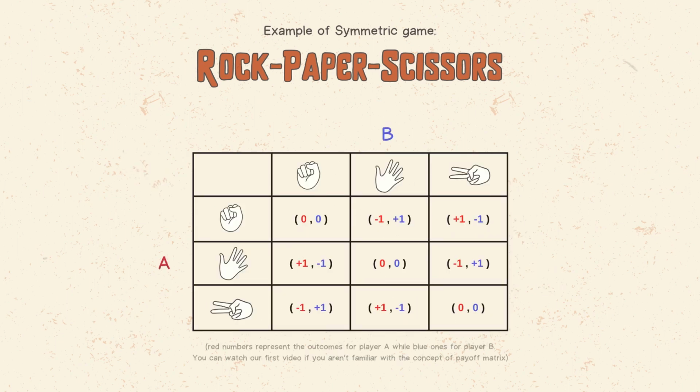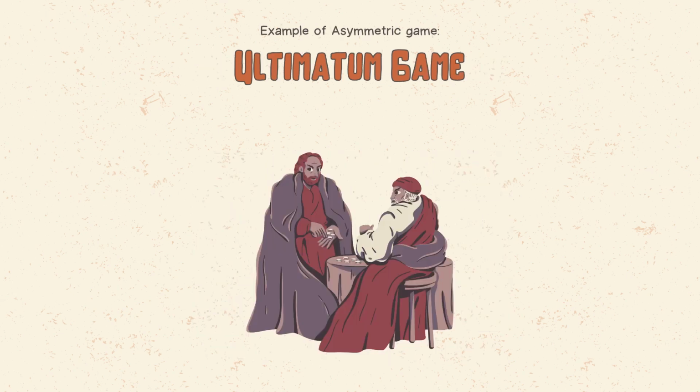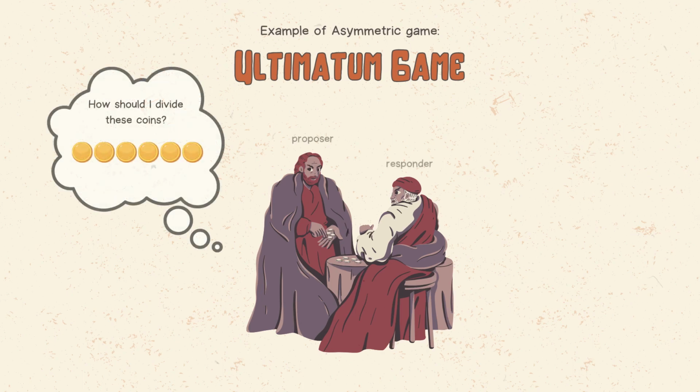Rock, paper, scissors is considered a symmetric game because the strategies available to each player are identical, and the rules apply uniformly to all participants. In this simple hand game, each option, rock, paper, and scissors, has an equal chance of winning, making the game symmetric. An example of an asymmetric game is the ultimatum game, in which one player, called the proposer, has to